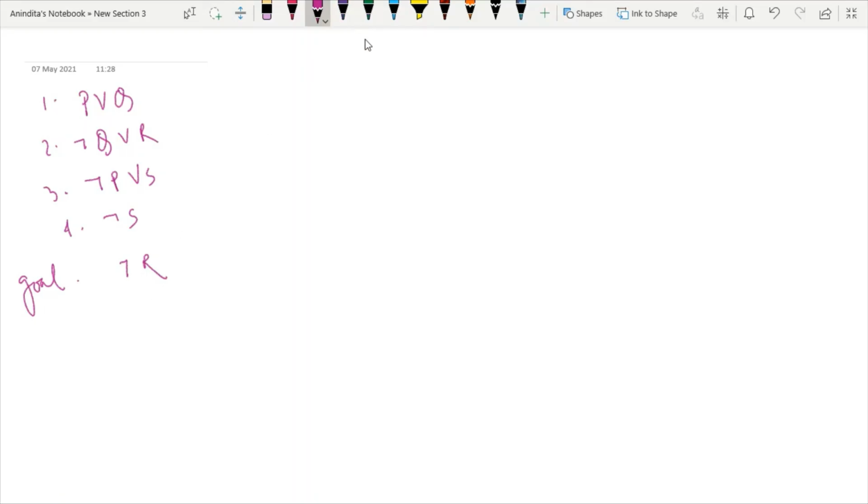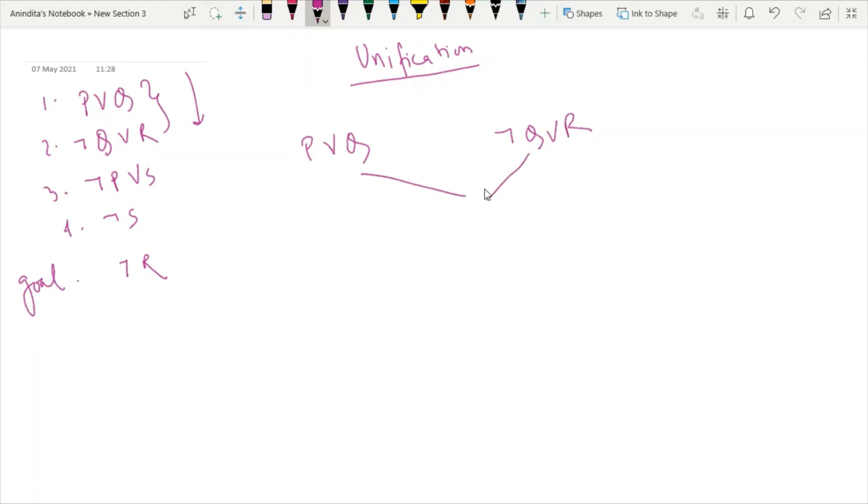So now we will learn how to draw the unification tree. In order to draw the unification tree, you have to pick two facts at a time in order. So I will pick the first two facts, P or Q and not Q or R, so that I could draw the unification tree. At this point, Q and not Q, meaning literal Q and negation of literal Q, will be cancelled out, and the remaining will be